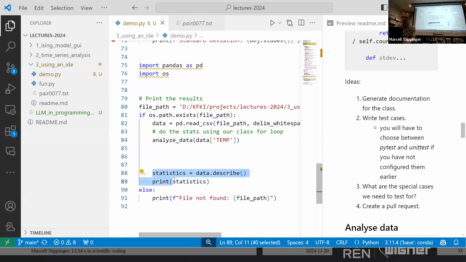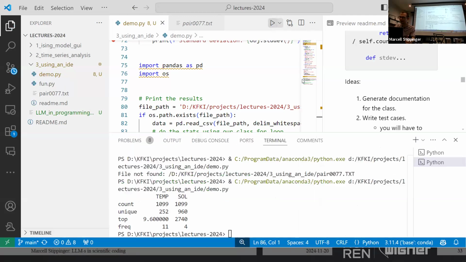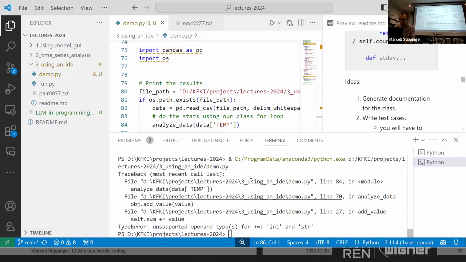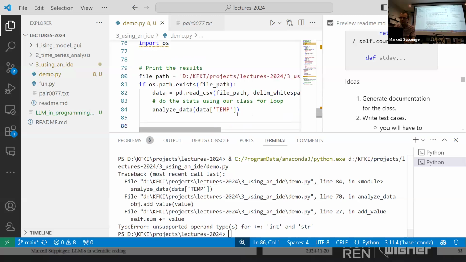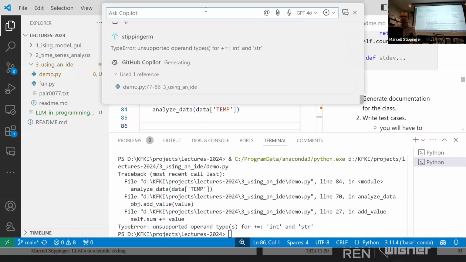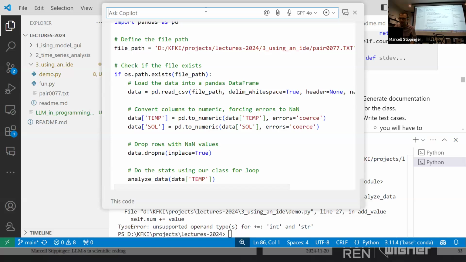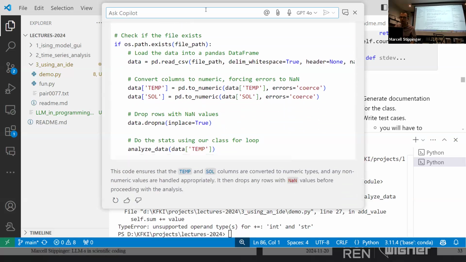So I think that it should do the trick and analyze our code as well. Yes, we get a type error. We can try the usual approach of pointing out the type error. Yes, it suggests to convert to numeric values. We can say that I think that